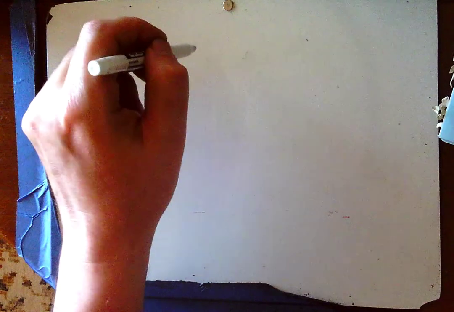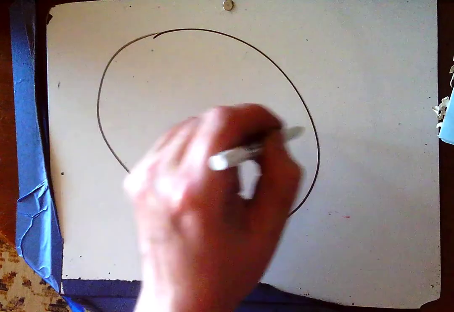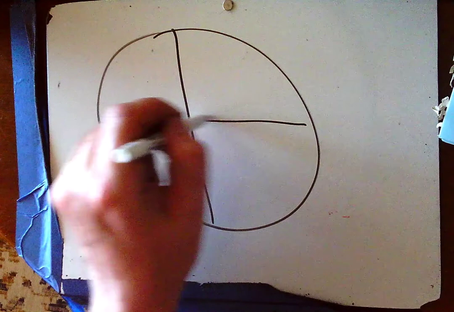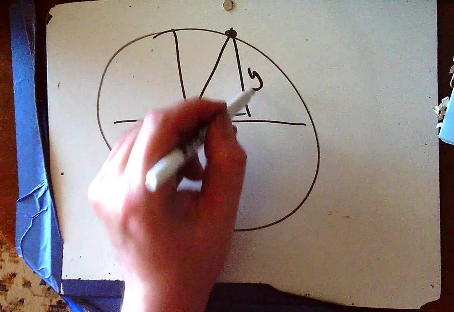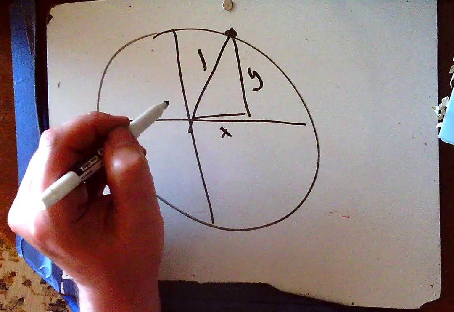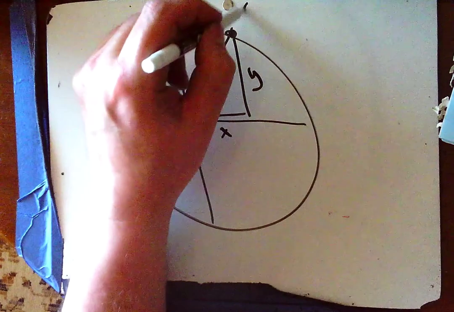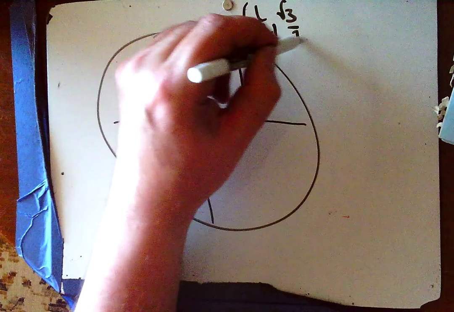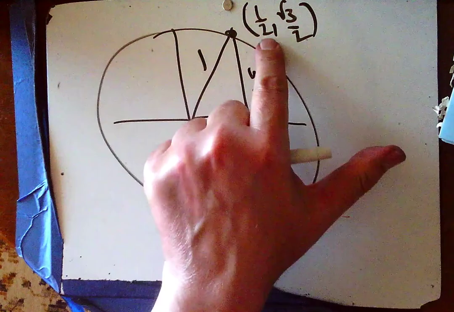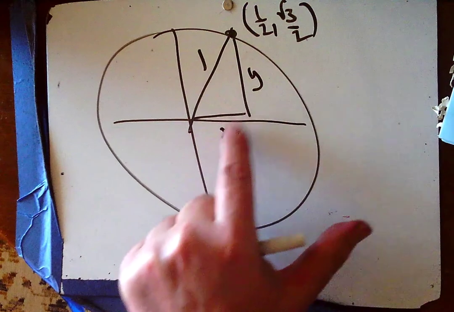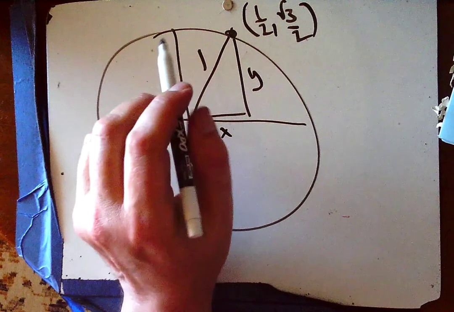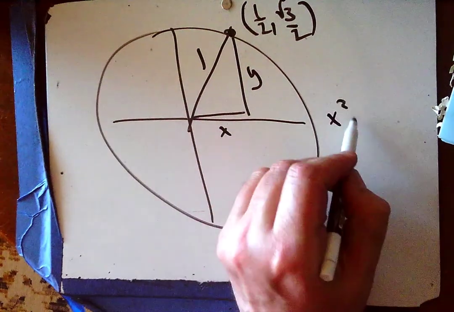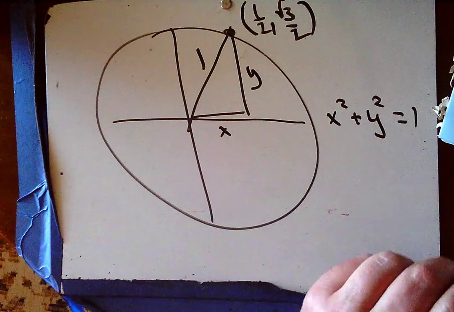Right now, because we're talking about the unit circle, I know that on the unit circle there's this. This is an x value, this is a y value, and the radius on the unit circle is 1. So I could have this point here, and if I plugged this x value and this y value into the Pythagorean theorem, I would get 1 coming out. Right? But what do we know? Well, if we know that x squared plus y squared equals 1 here,